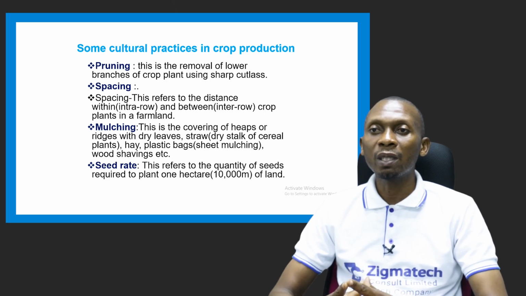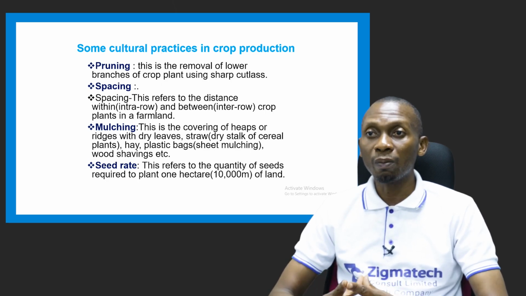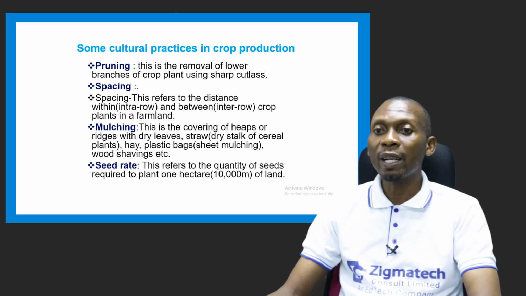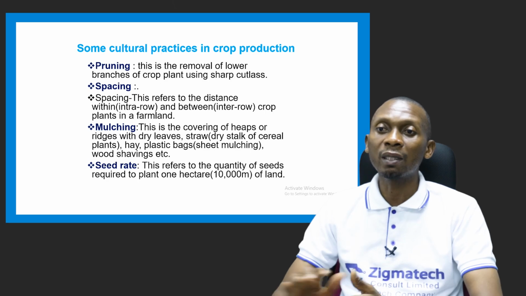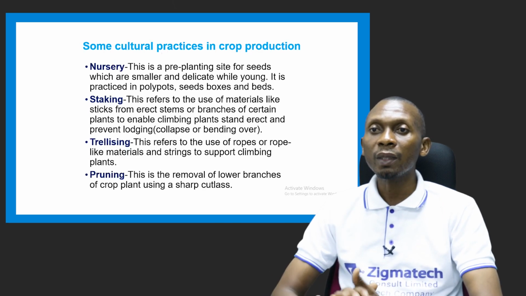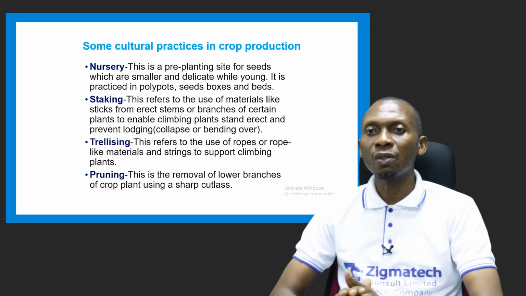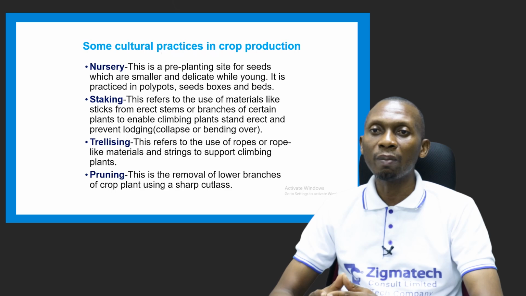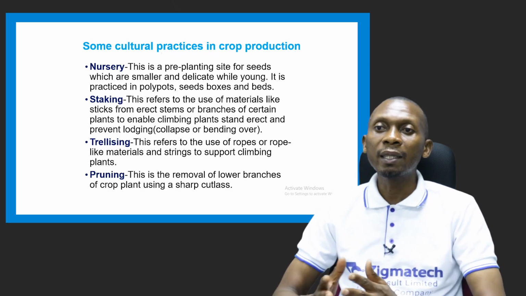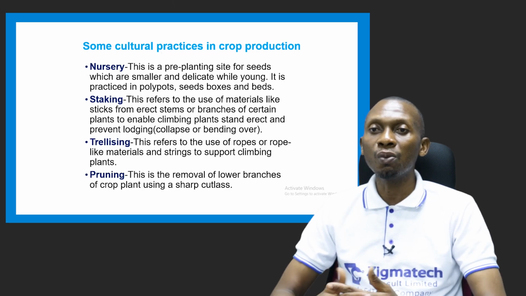We have seed rate, which is another cultural practice in crop production, and this refers to the quantity of seeds that are required to be planted on a hectare of land, which is 10,000 square meters. The nursery is a pre-planting site for seeds which are smaller and delicate while young. So this nursery practice is usually carried out to help delicate young plants, and it's practiced in polypots, seed boxes, or beds. Staking is another terminology that is used